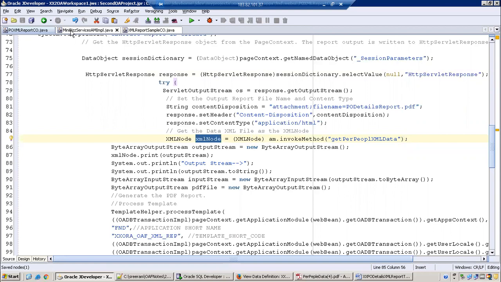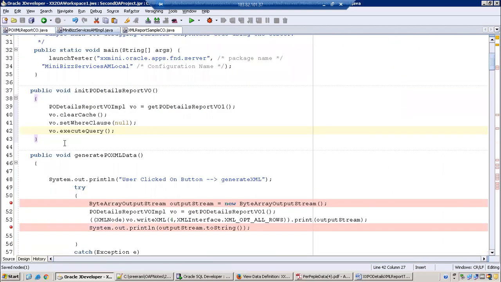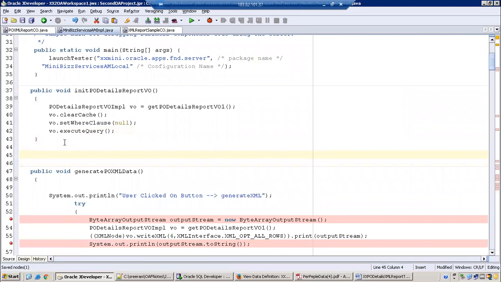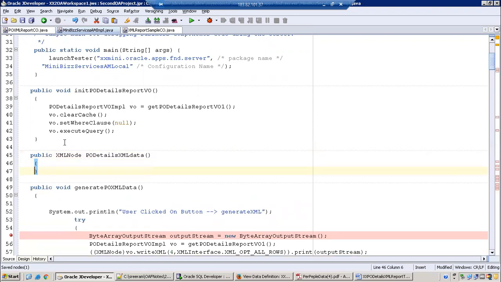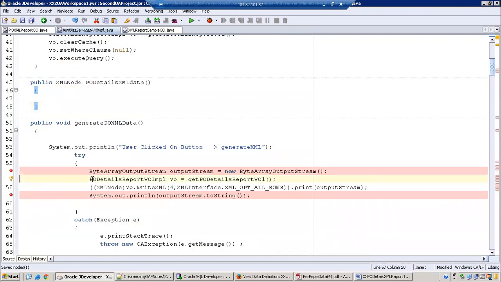So a similar method will require public XML node. I need to create the output variable of type XML node, and then PO details XML data. Now here we use the same concept.